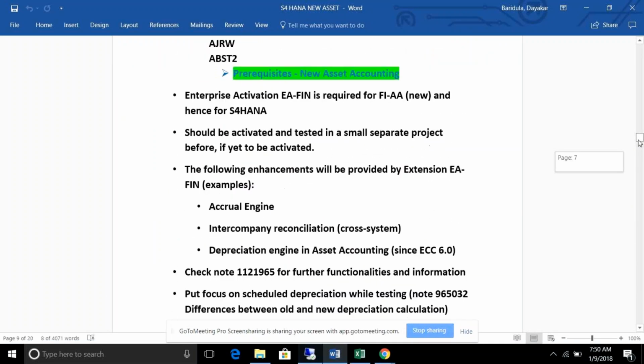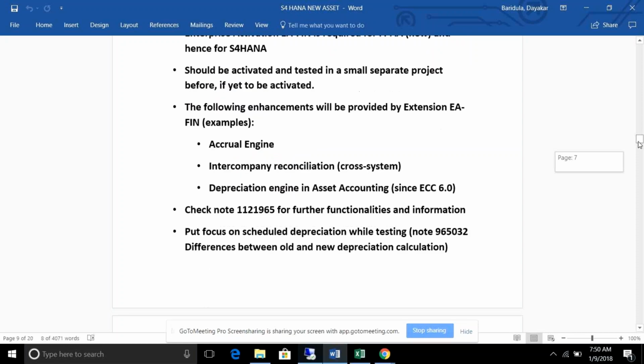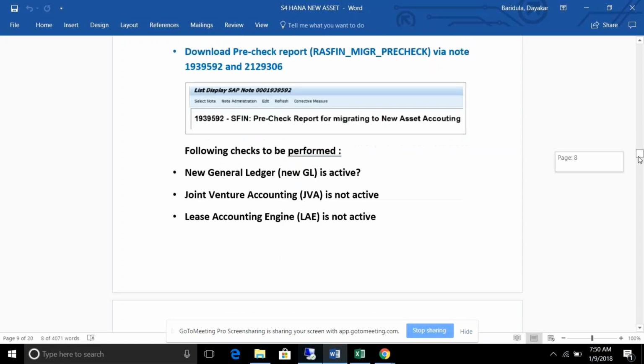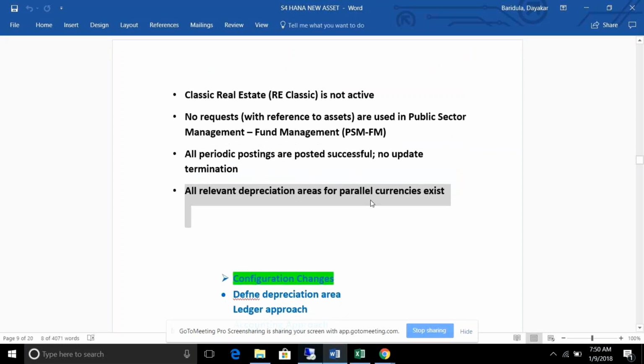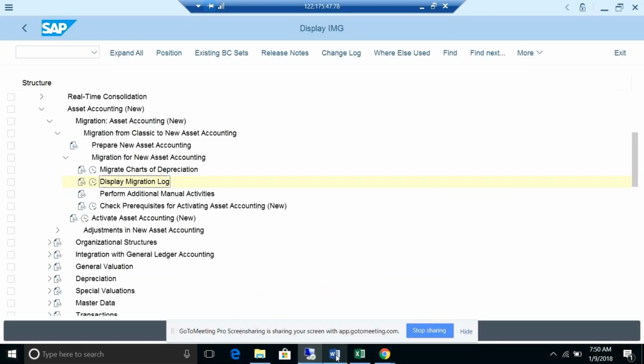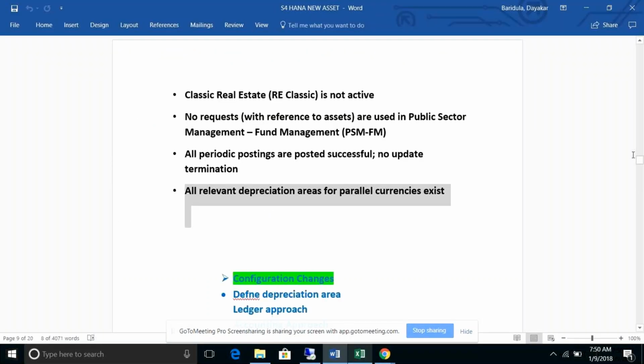The prerequisites point of view is what I'm talking about now. Okay, that's fine, because we are going to do the same setup. All the relevant depreciation areas for the parallel currencies should exist. From the configuration point of view, I will highlight the changes once again. Then we will do the same thing, and the rest which are the same as classic, that is the same anyway.